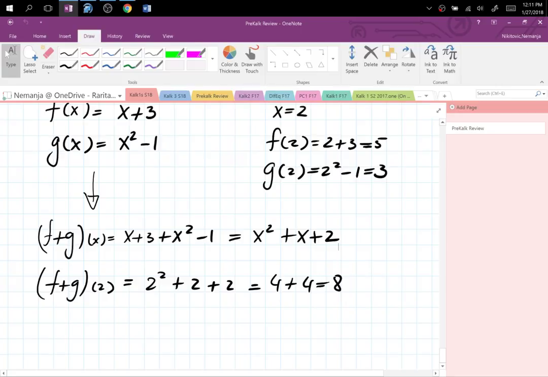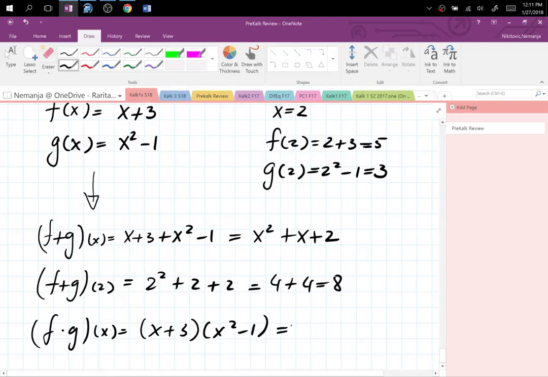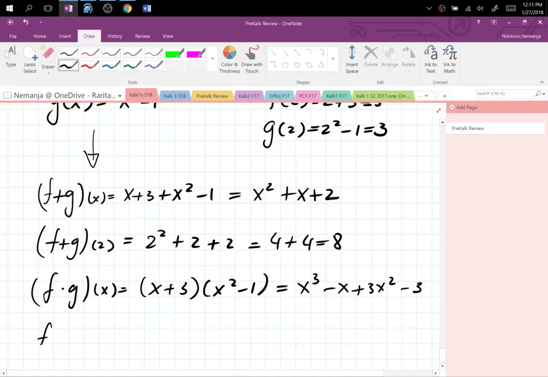All right, okay, so multiplication. We can go f times g of x, and that means x plus 3 times x squared minus 1. And when you FOIL this, we get x cubed minus x plus 3x squared minus 3, and then f times g of 2